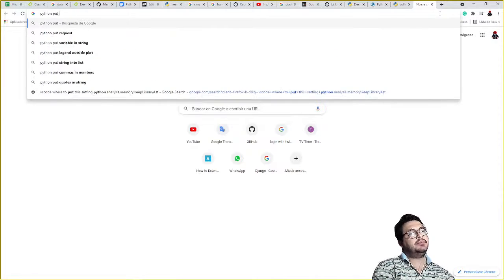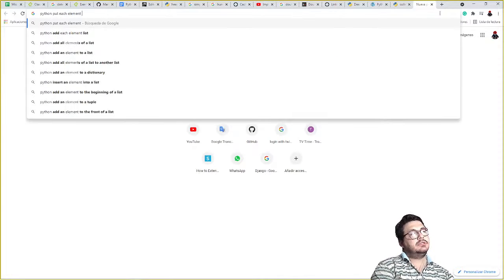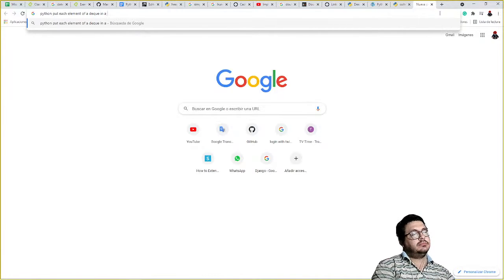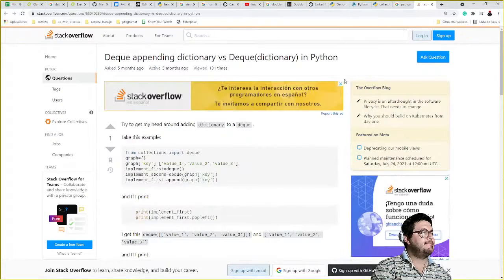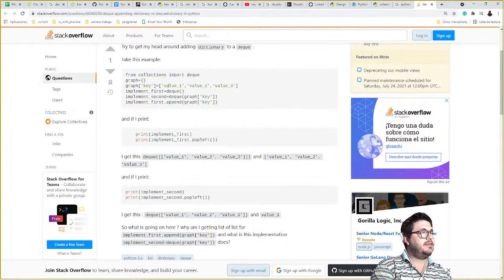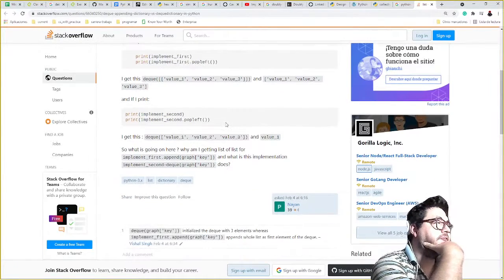Okay. Python put each. Second graph. Implement, top left.